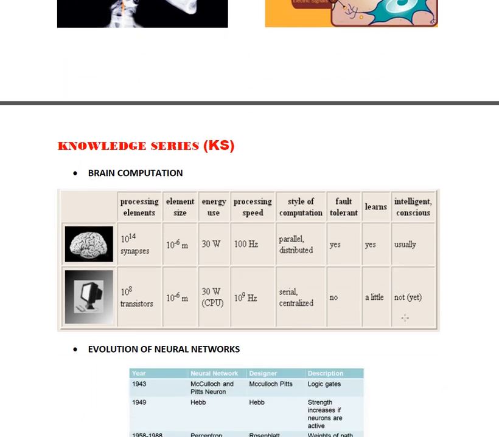Now, when we try to see the power of our brain as compared to computer systems, you will find that the processing element in a conventional computer system has 10 to the power of 8 transistors. On the other hand, the brain has 10 to the power of 14 synapses. What is that synapse? We will be talking about it